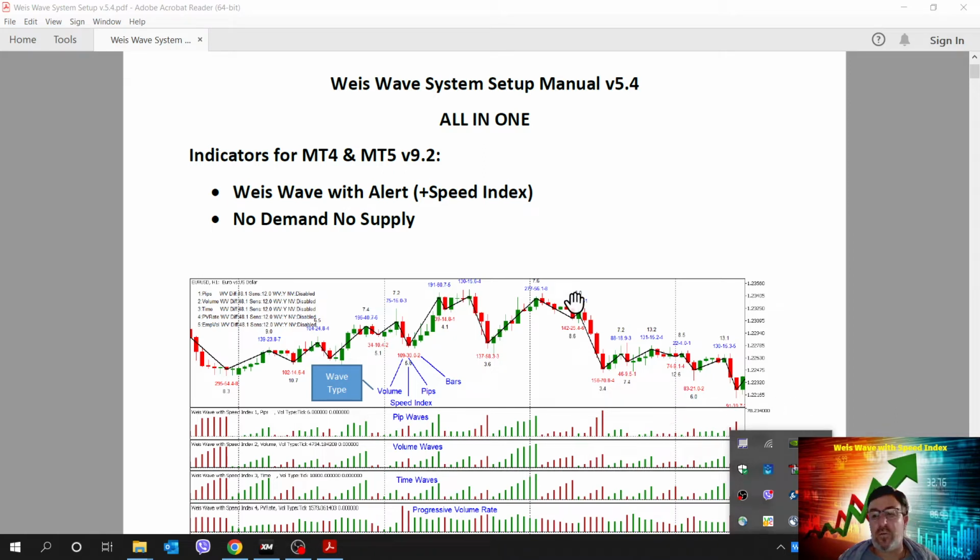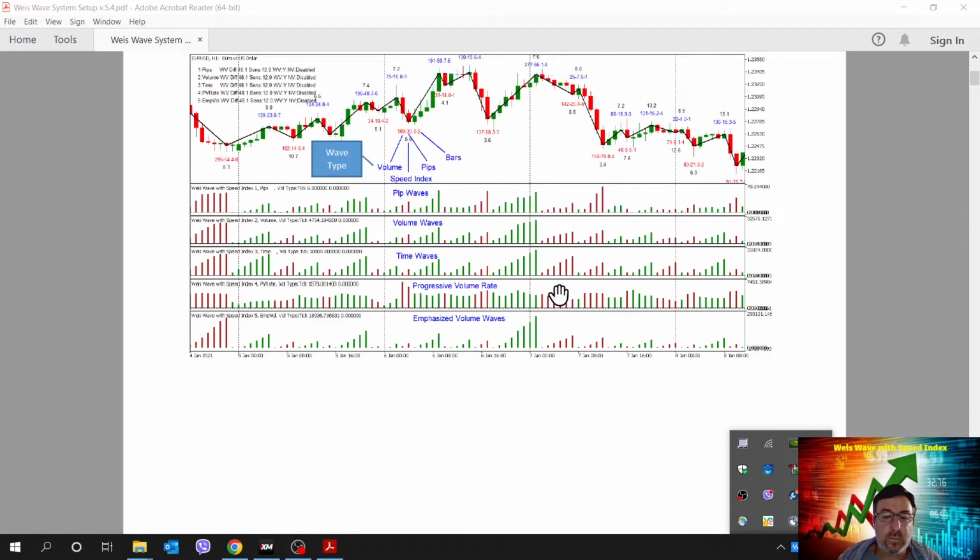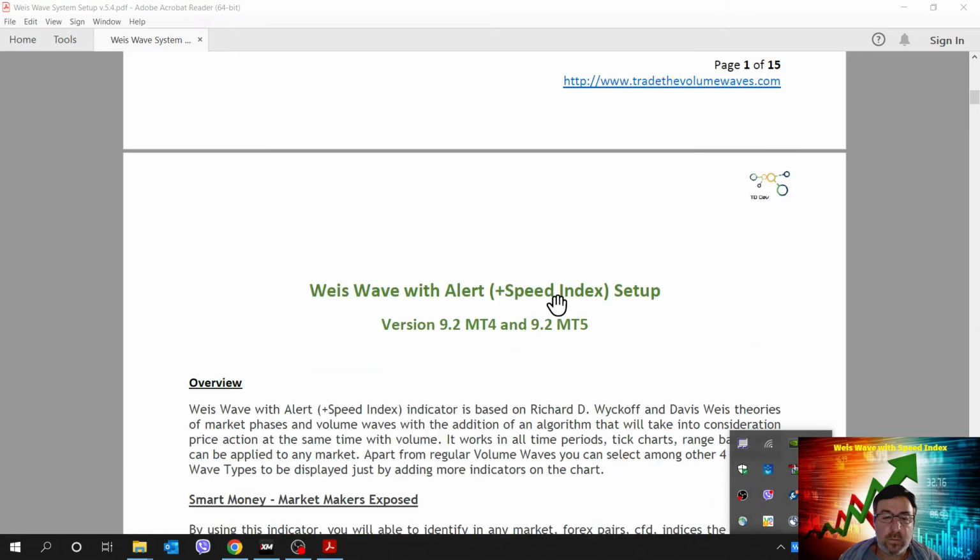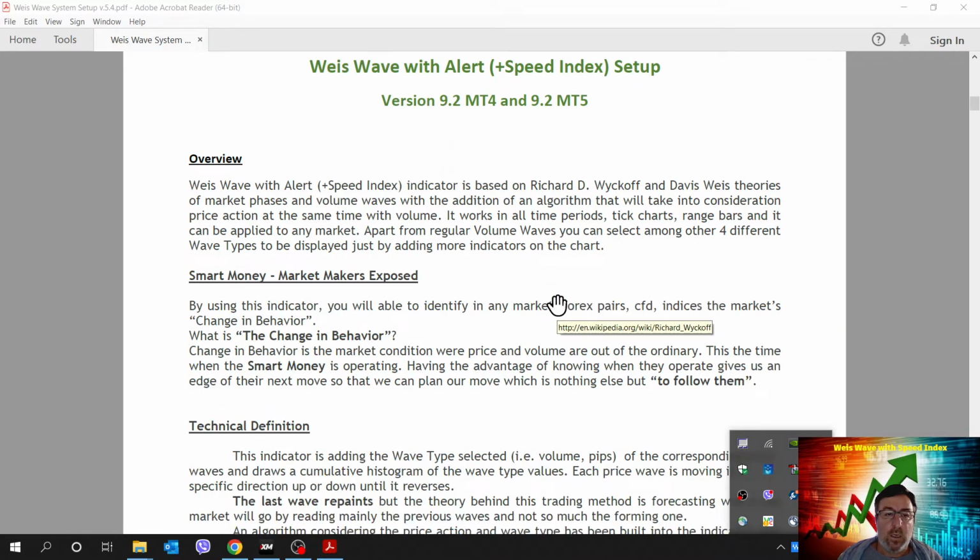So let's go. This is the front page of the manual. The overview.